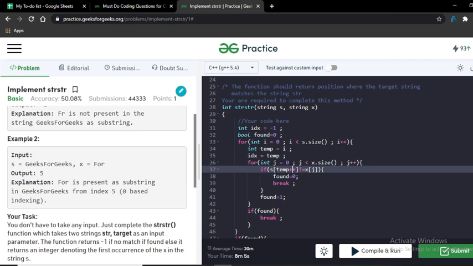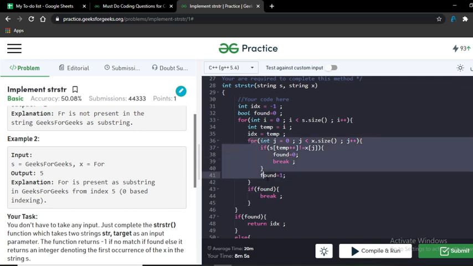If we encounter a situation where even one character is not equal, we'll break the loop and we'll update found equal to 0. Otherwise, if we don't encounter this situation, we'll simply change found to true. One means true. Fine.